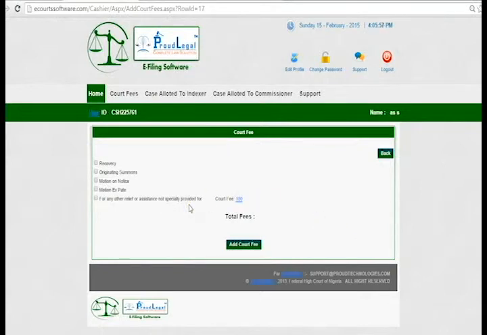So for example, this is the case and I want to add some court fee on this case. So what kind of court fee would be there? It might be originating summons.